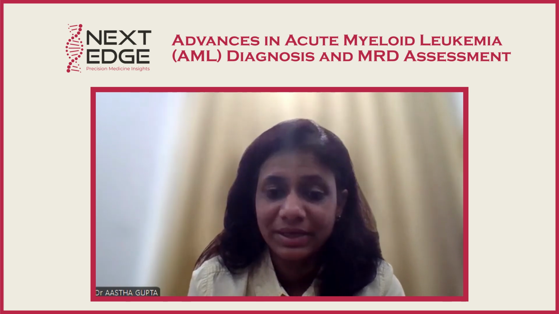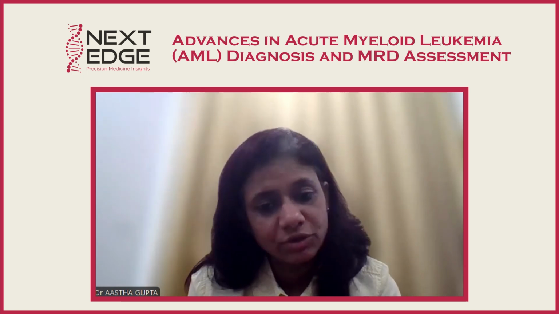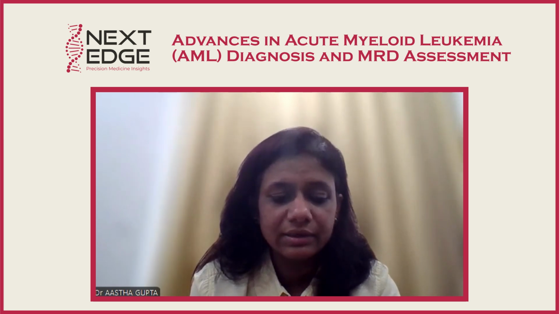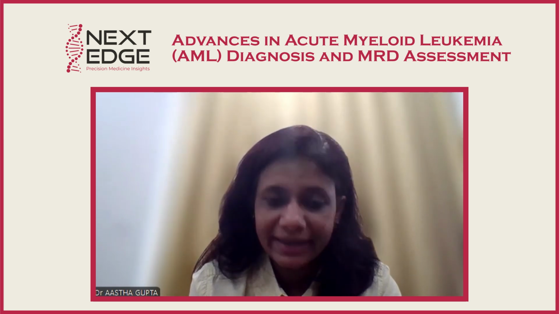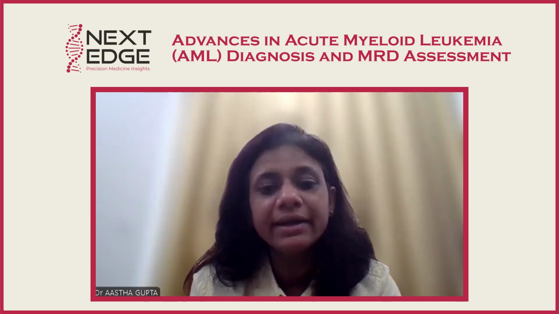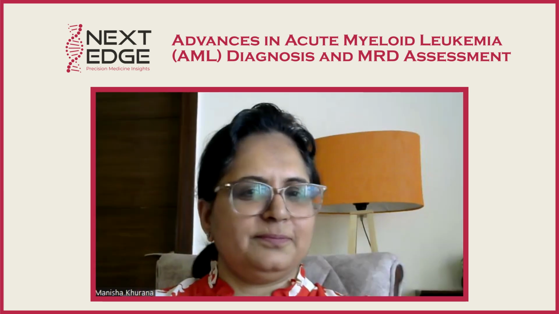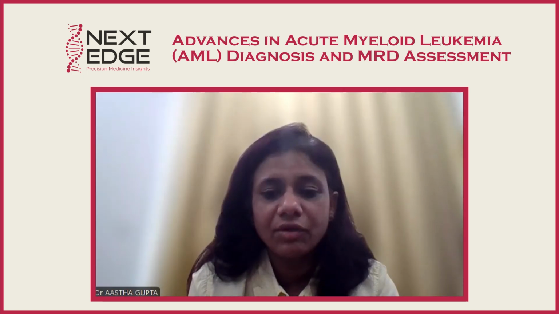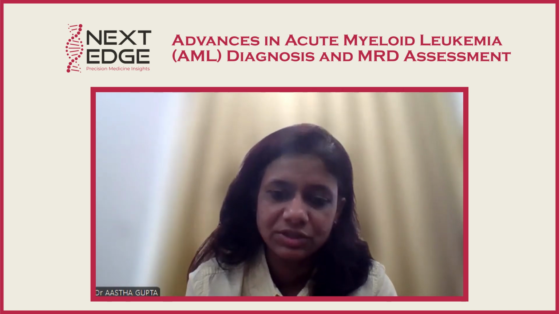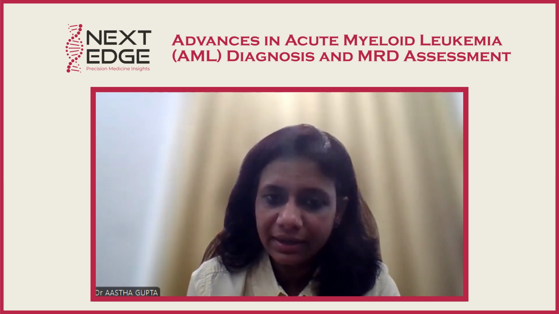So this is measurable. And currently we are detecting MRD by flow cytometry for AML. And recently we have acquired the NGS platform from Thermogenesis, and we intend to do molecular MRD as well by NGS, so that we can have a comprehensive approach for measurable residual disease. Currently we are doing it by flow cytometry. We have an 8-color flow cytometer.